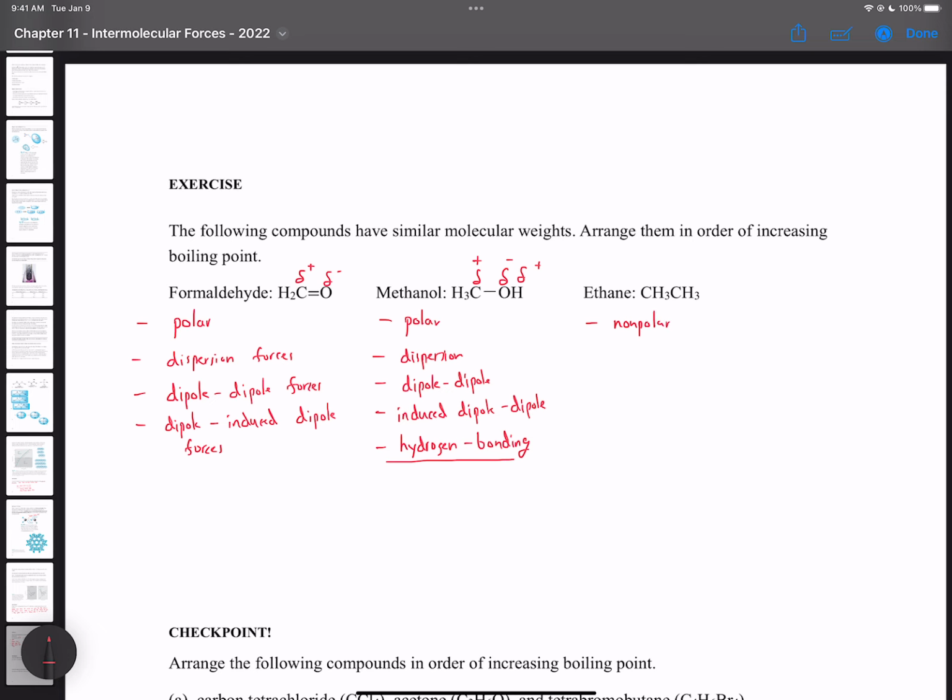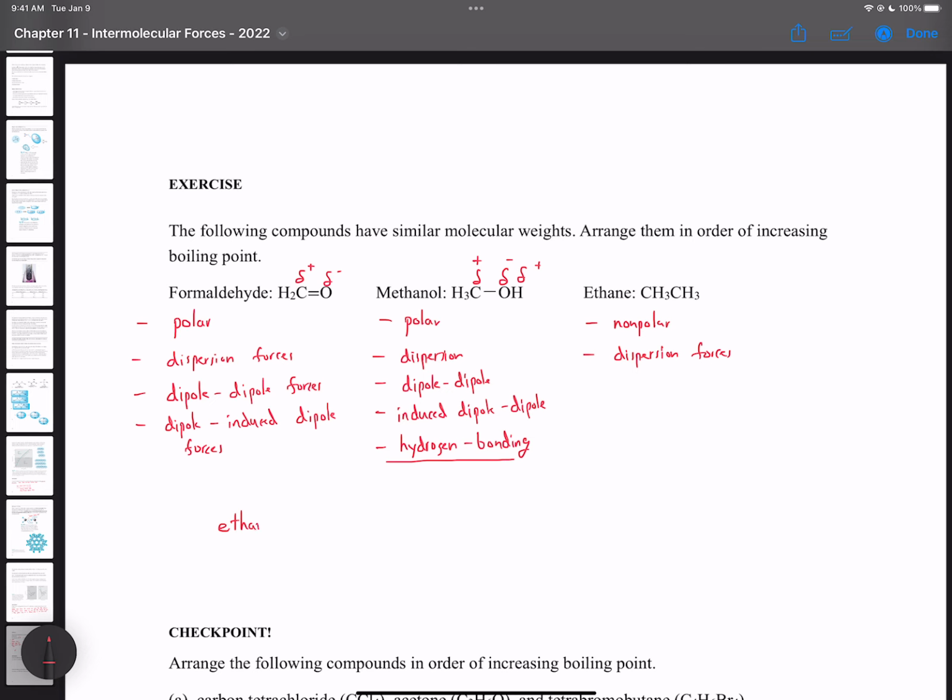Anything with just carbon and hydrogen is always nonpolar, okay? So this only has dispersion forces. The weaker the force that is present, the lower the boiling point will be. So the order here is